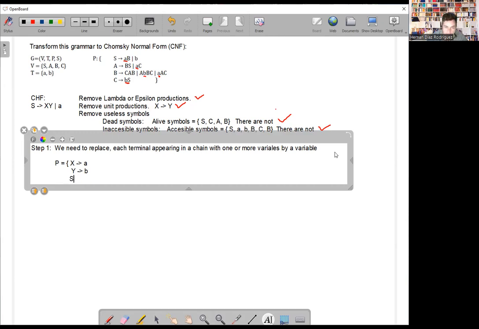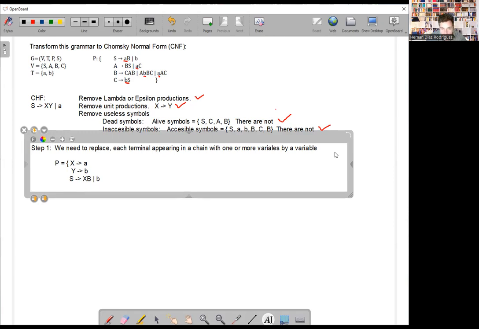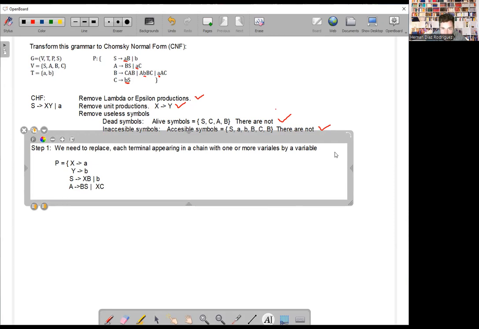And then we start by S. And now, instead of lowercase a, we just write x and b. And lowercase b here remains the same because it is already in Chomsky normal form. For A, we do the same, and we have BS, and we replace lowercase a by x. We have xc, and then we have b,